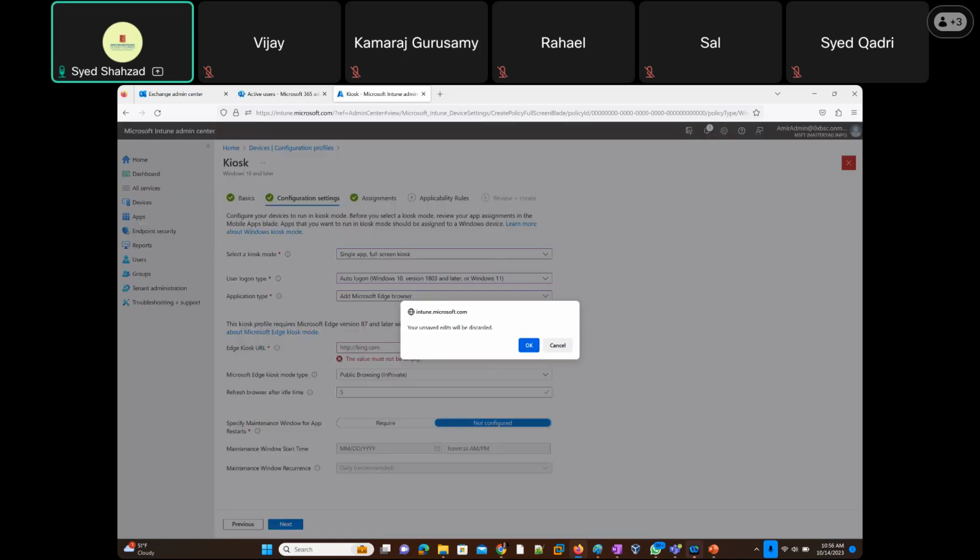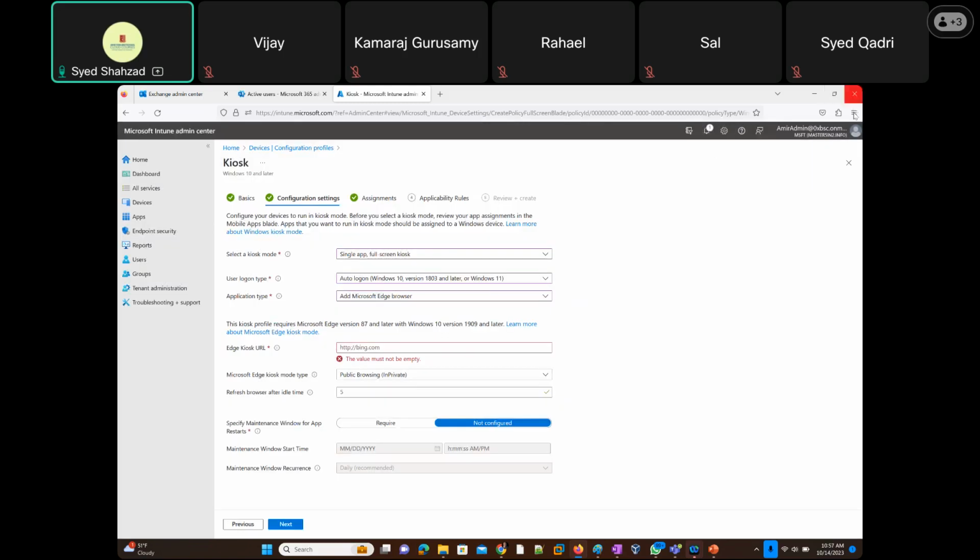Then there's a question about font size. Font size in Intune, we can deploy from Intune to all thousands of machines. Just kidding. Okay, so here I'll just go for